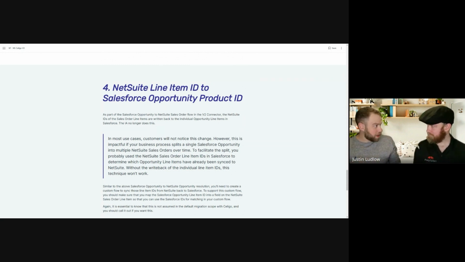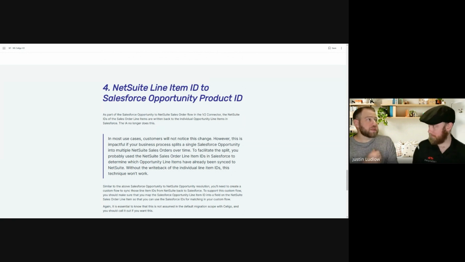But in a few rare cases, we've seen folks say, yeah, but we might need to update something. And so there's a couple of different fixes for this. And I know we talk about the custom flows here. Yes, and it's similar to what we just talked about with these missing opportunity to opportunity or opportunity to project. You could use one of the custom flows you have available to make sure these write backs happen and